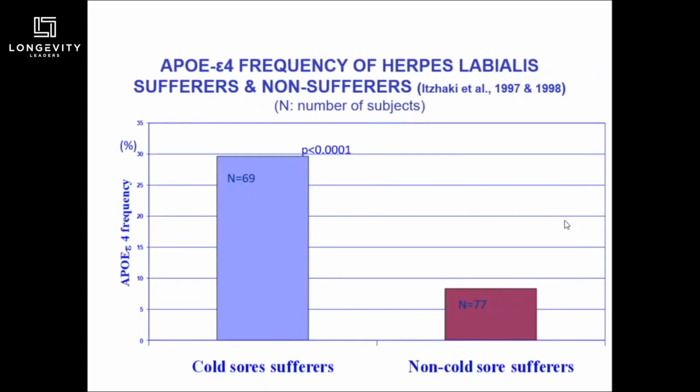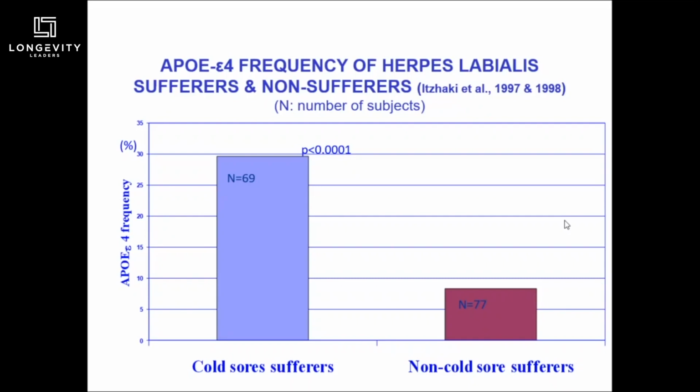Now, I had a crazy idea and thought, well, we'd look at the frequency of ApoE4 in people who were suffering from herpes labialis, cold sores. So we looked at the allele frequency of a group of cold sore sufferers and compared those with non-cold sore sufferers. Not very large numbers, but nearly all were HSV1 positive, so nearly all of them were infected with this virus. And what we found was, again, a striking association of ApoE4 frequency, 30% in the case of the cold sore sufferers, and a much, much lower proportion in the case of non-cold sore sufferers. So again, a strong association,